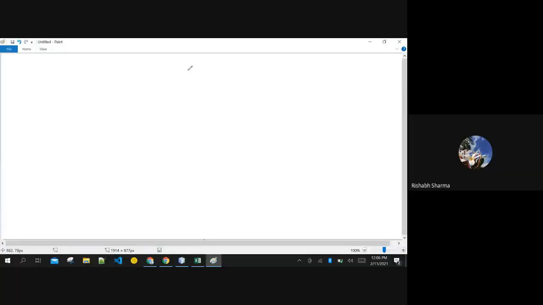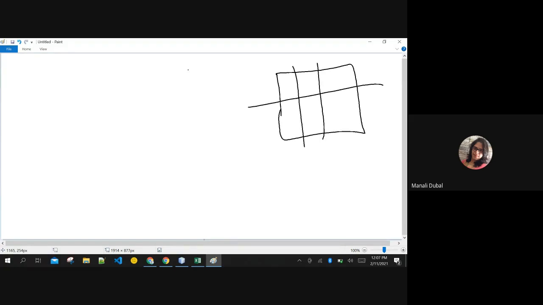Yes, 2D array is like a matrix only. You know matrices in mathematics, right? The same way this is for 2D array. If you know how to do the pattern programs, you will be comfortable in 2D array, because pattern programs require two loops from you. The same thing you are doing in 2D array also. 0, 1, 2, 0, 1, 2.